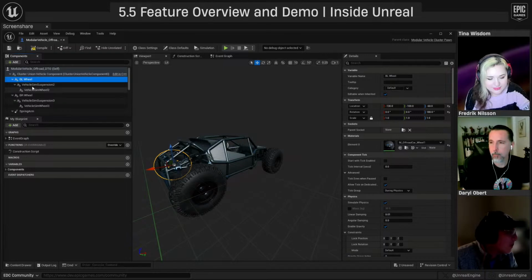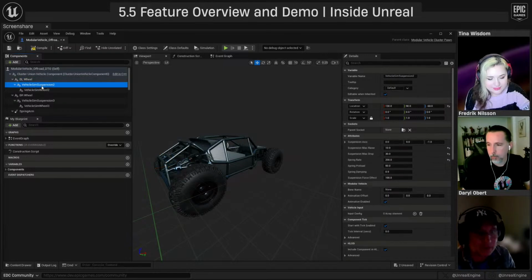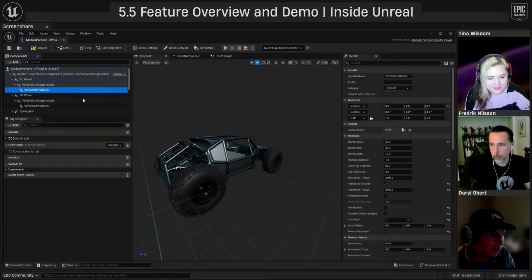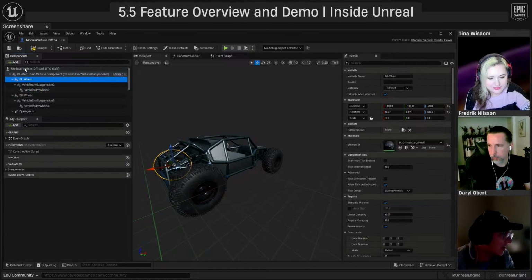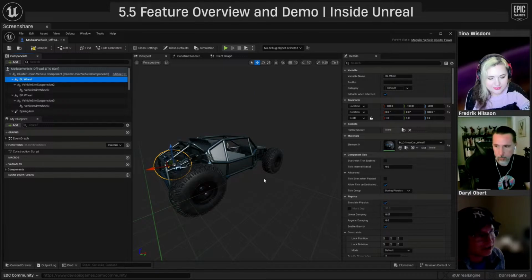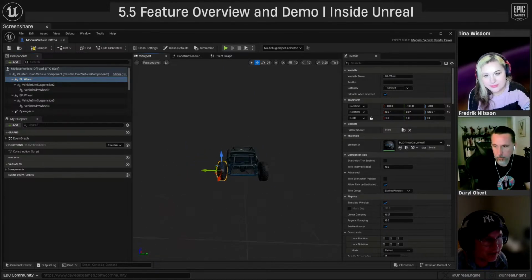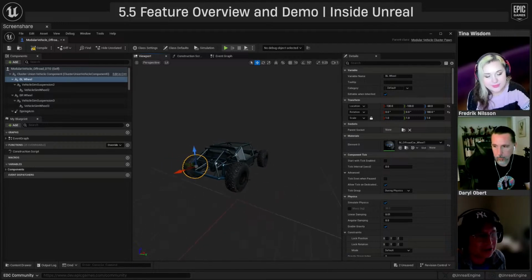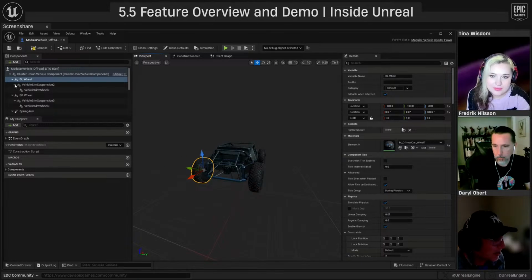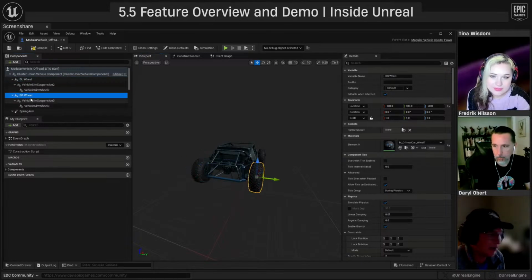Below that, you just add a suspension arm and then you add a wheel. So you select the geometry collection, say add suspension, add wheel, and then you position these around on the chassis, and it's going to build the vehicle for you. And it's modular, right? I've got four wheels on my vehicle, but if I wanted to, I could copy paste inside of here and start adding in more wheels.